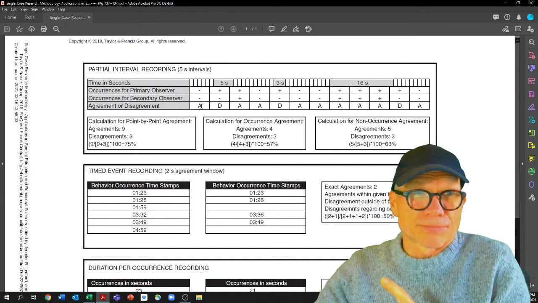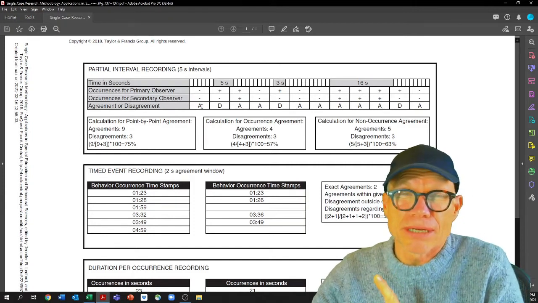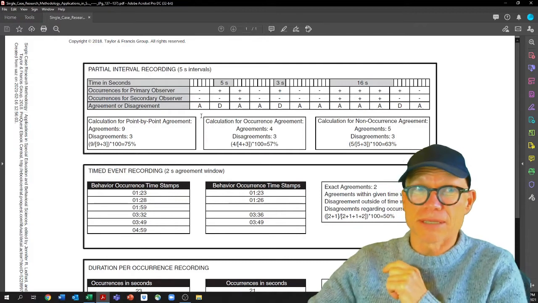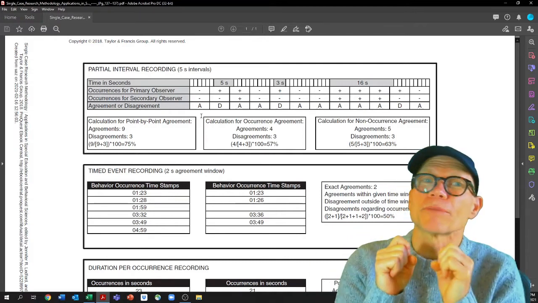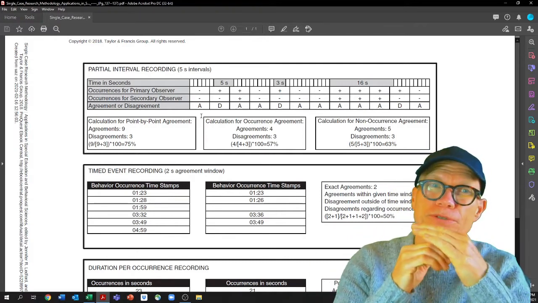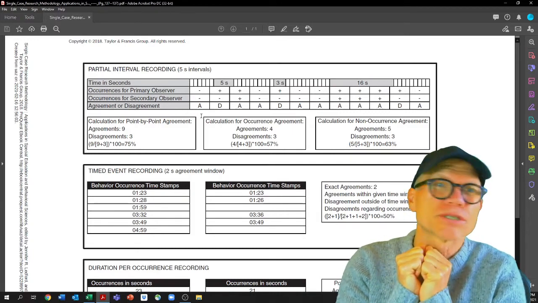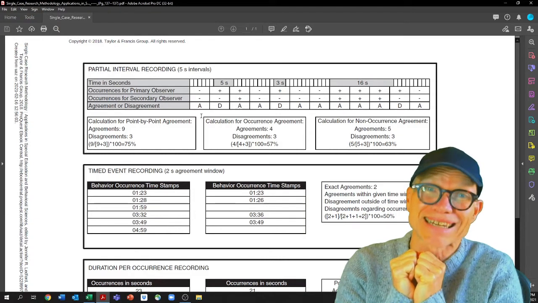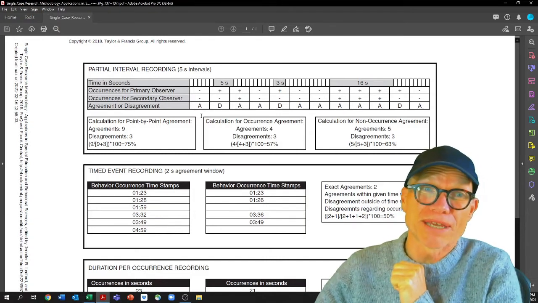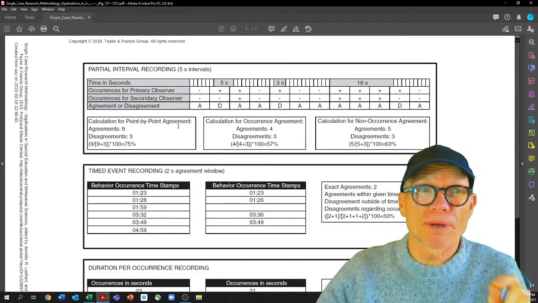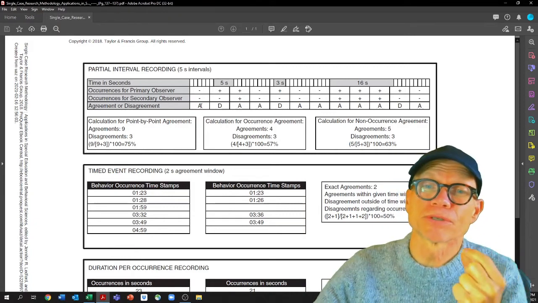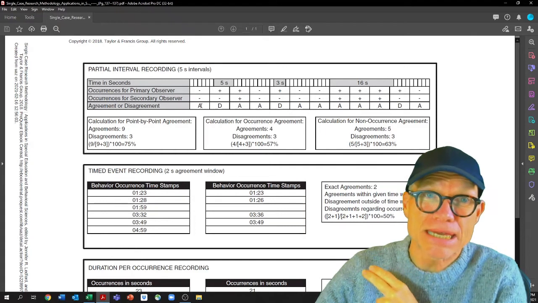So the thing that gets tricky here, that confuses people, is asking how many places they agreed. You want to look for how much agreement there was between the two observers. Agreement does not just mean they both saw it. It can also mean they both didn't see it, right? So in terms of point-by-point agreement or overall agreement, anytime the two observers say the same thing, that means